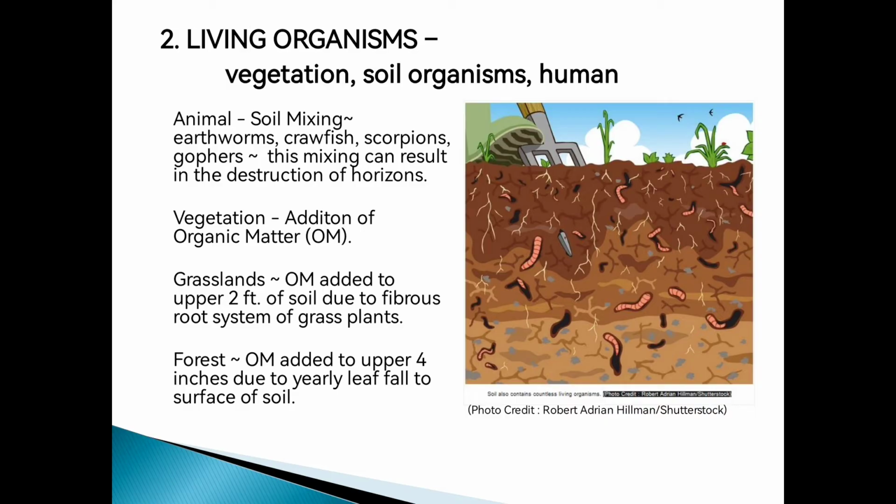Then we have there, if we compare the grassland and the forest land, grassland are soils na masyadong madamo. Siyempre, yung mga damo, hindi naman yan pangmatagalan yung kanilang life cycle, di ba? So, siguro mga after ilang months or after a year na mamatay na yung mga damo doon. So, you can expect an addition of organic matter to the upper 2 feet of soil due to the fibrous root system of grass plants. So, yung mga damo, every time na mamamatay siya, mamamatay din yung kanyang mga root system or mga ugat.